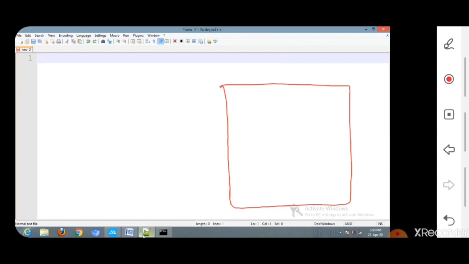So this is our frame. Inside that frame, we will create a button with the label click me. This will be the output which we have to get. Now let us write the program.